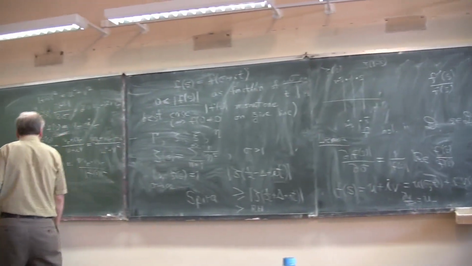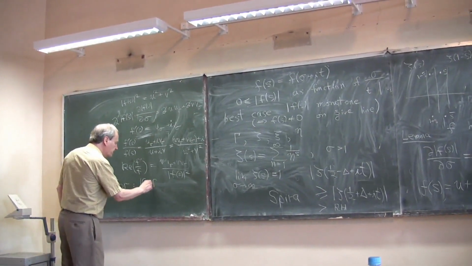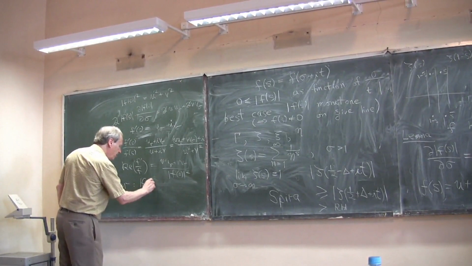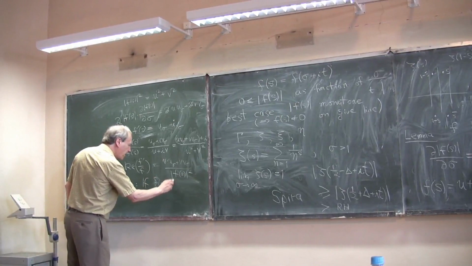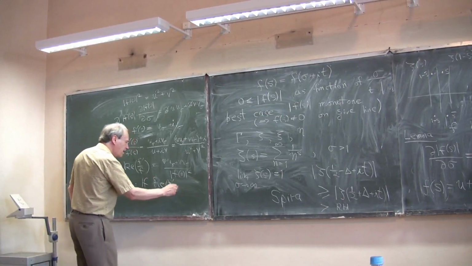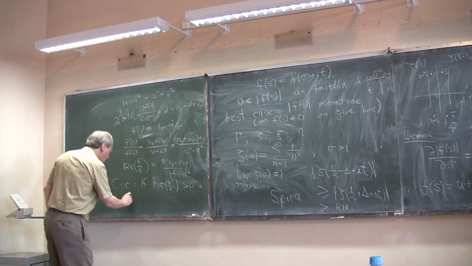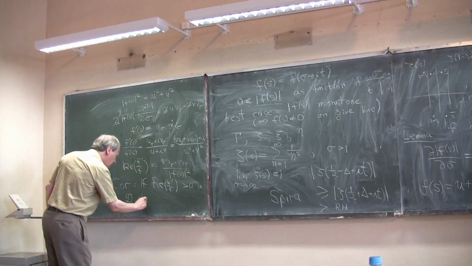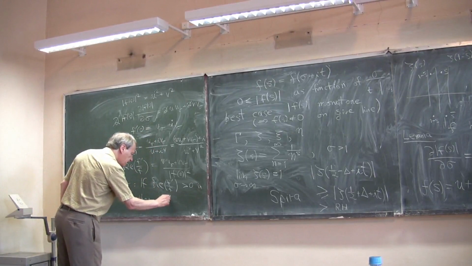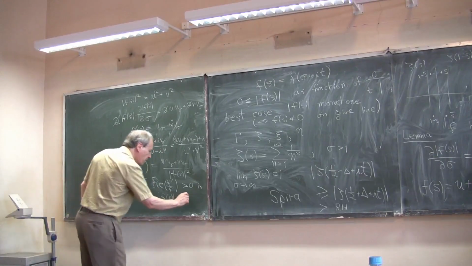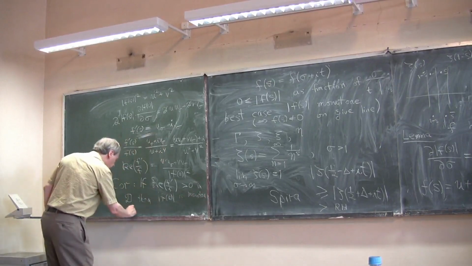So we can get the following corollary, that if, let's say, the real part of f prime over f is greater than 0 in some domain V, then the modulus of f is monotone increasing